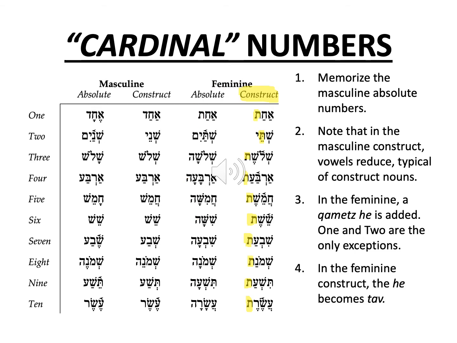In the feminine construct form, the hey is replaced with a tav, again very common for the feminine singular in construct nouns. Number 1 remains exactly the same in the construct form as in the absolute. Number 2, on the other hand, returns to a plural form rather than a construct form because there is no construct dual, although the tav remains rather than the nun because this is a feminine. Again, no need to memorize the second, third, and fourth column, only the first,